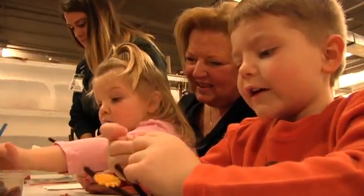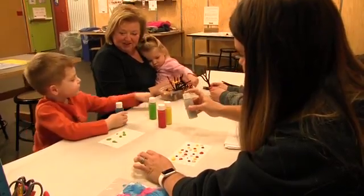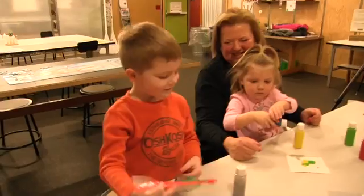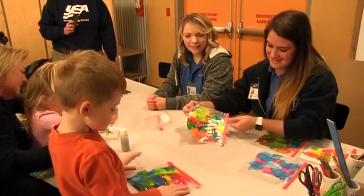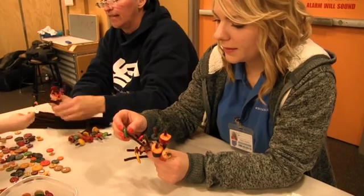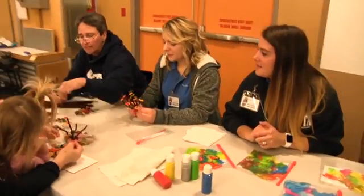A new partnership between the Oh Wow Science Center and Brown Mackie College in Akron is producing benefits for both parties. Do you like mine? Yeah. I like that blue and pink one. Yeah. Brittany Fusselman and Danielle Kane are occupational therapy assistant students who are getting real-world experience working with children at